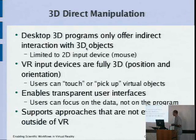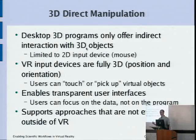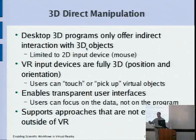And we are going to see an example where it just doesn't work at all. And in VR, we have input devices that are fully three-dimensional. In other words, this wand that I showed you a picture of earlier is tracked by the computer in position X, Y, Z and in orientation. So I can just use it as an extension of my hand and literally touch a virtual object and pick it up, move it around, locate it from all sides, and do things to it,